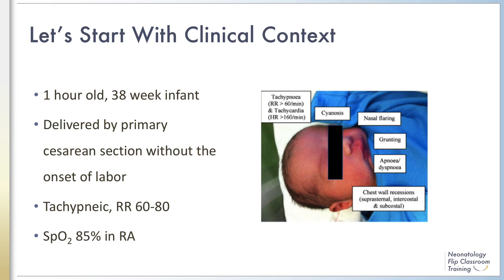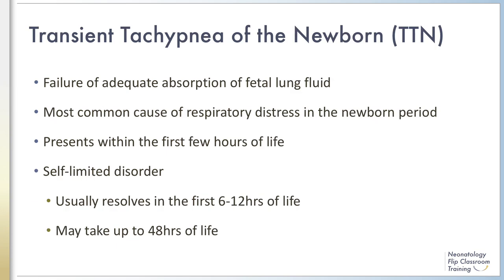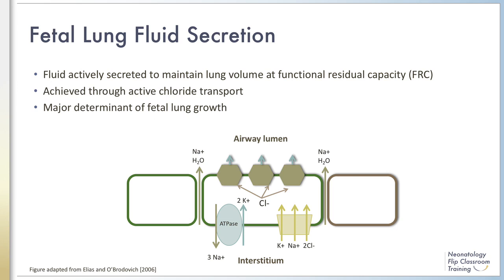response to your student. TTN is the most common cause of respiratory distress in the newborn period. It is the failure of adequate fluid reabsorption in the lungs and is usually a self-limited disorder, which should resolve within the first 48 hours of life. An understanding of the normal mechanisms for fetal lung fluid secretion and clearance is essential to understanding the pathogenesis of